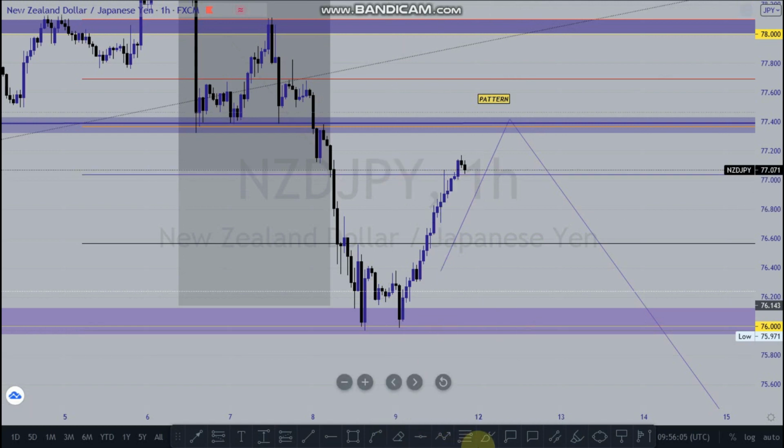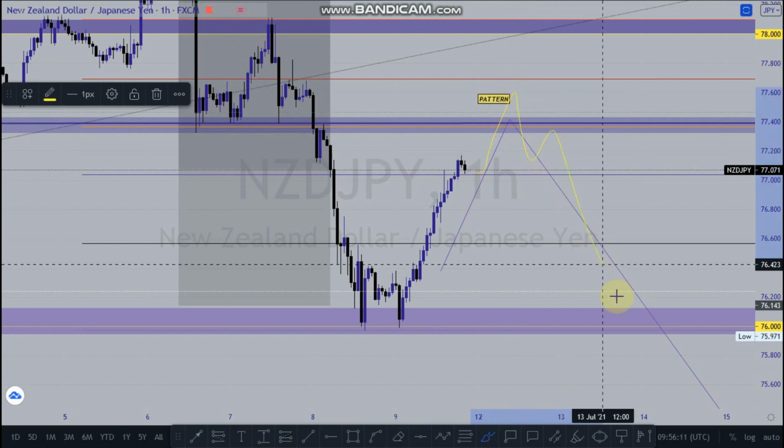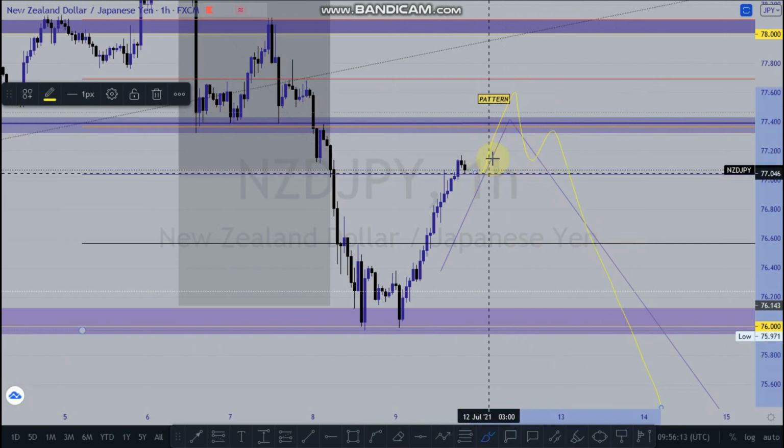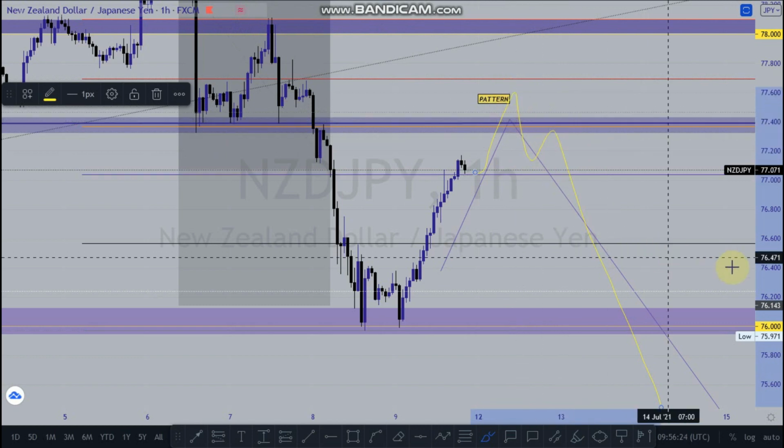So for me, if price should come to this region and give me a weekly high here, then I'll take myself in from this angle. Simple. Price comes in, gives me a weekly high, fails to even go closer to this level. That is going to result in me entering. Pair comes down, and then the fake out, just as simple as ABCD. That's it. Yes. So my TP,